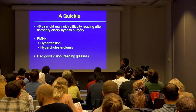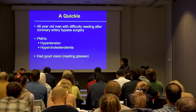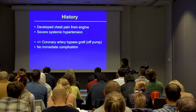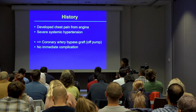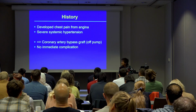48-year-old man with difficulty reading after coronary artery bypass surgery. His past medical history is known for hypertension and hypercholesterolemia, and he had good vision as long as he put on his reading glasses. And so, here's his story. He develops chest pain from angina. He has severe systemic hypertension, so he undergoes an urgent coronary artery bypass graft surgery, and there are no immediate